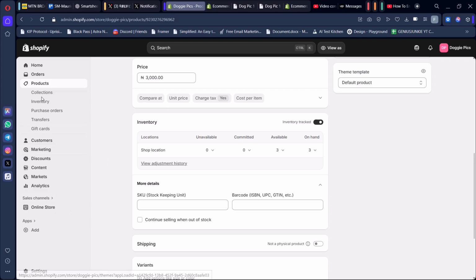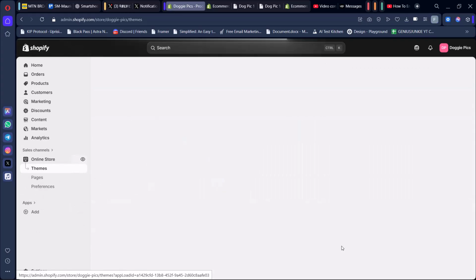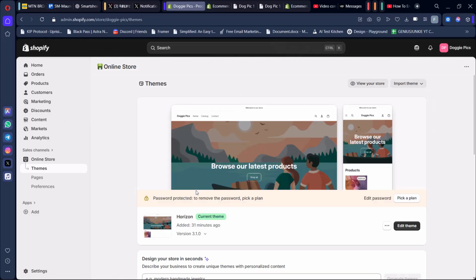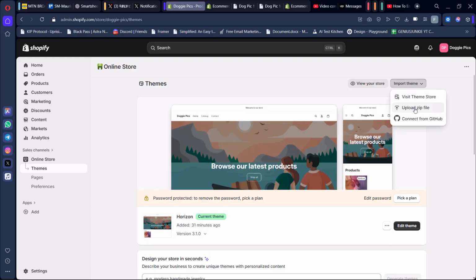All right, so now this was done for my theme, which is currently on the default theme that is applied to all Shopify stores once they are created, which is the Horizon theme. So in order to move this over to your debut dash main theme, you could do this in two ways. You could click on import and simply upload the zip file or connect from GitHub and simply import that particular